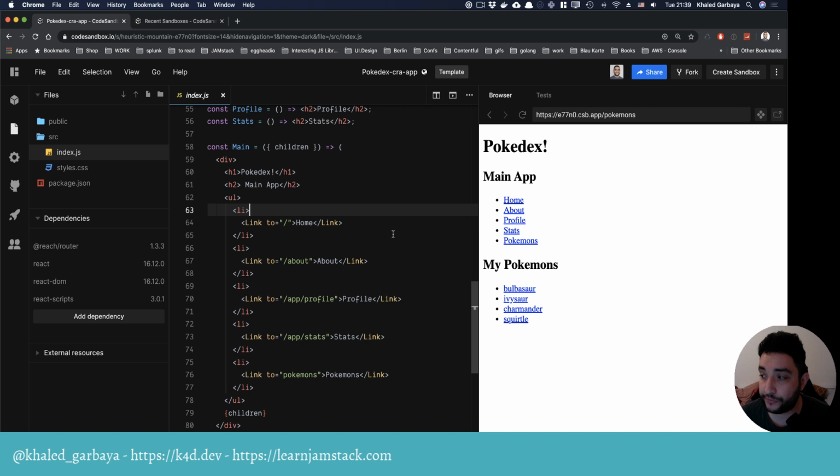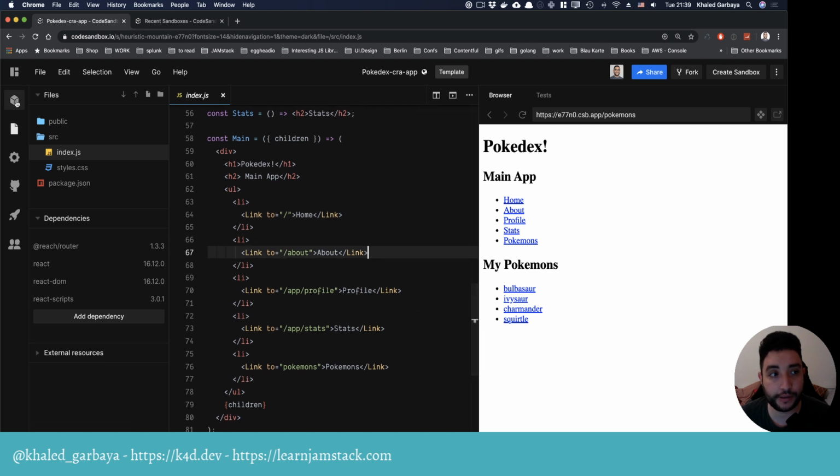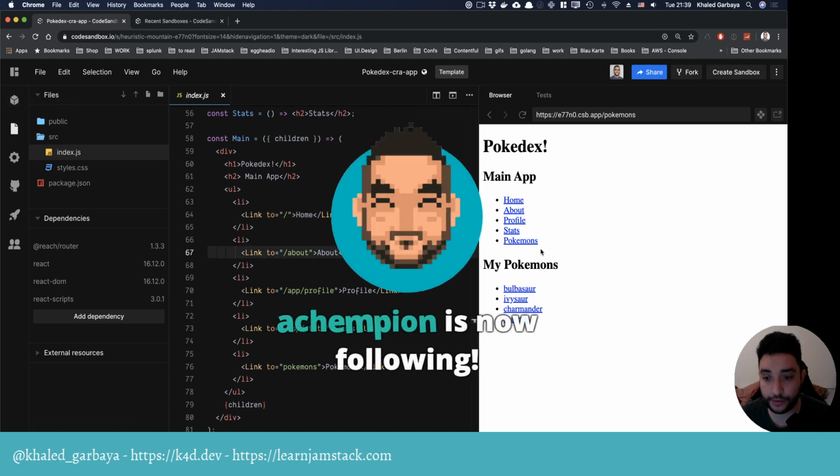So yeah, part of the exercise that we will have in here is we would take this app, which is a React app, and then migrate it to Gatsby. So there's a few parts in there. I will teach